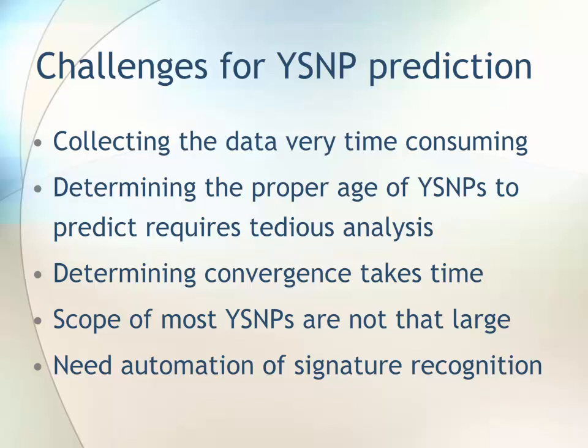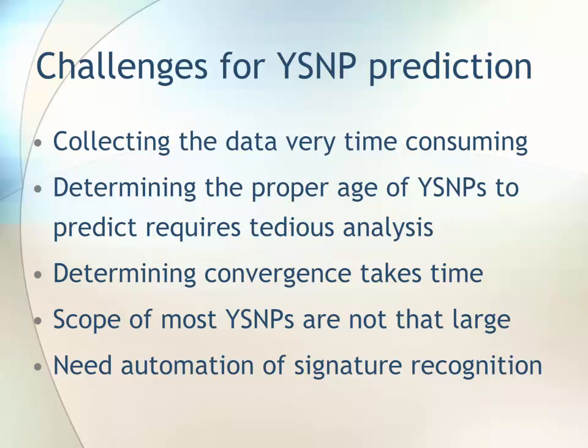Also, because of convergence, you sometimes have to go look and analyze a haplogroup that's in the right time frame, but due to the convergence, isn't going to work or has much lower accuracy than you want. And so this convergence throws a major monkey wrench into the time involved to do YSNP prediction where there is convergence. And also the scope of some SNPs is just not that large. I mean, even though the ones I gave you examples of are 30 and more,